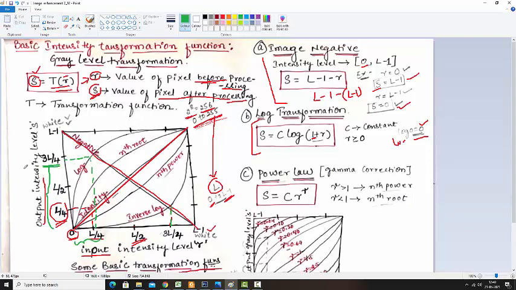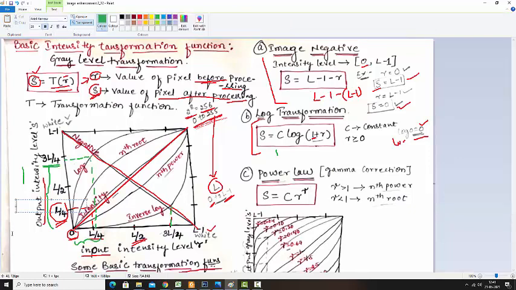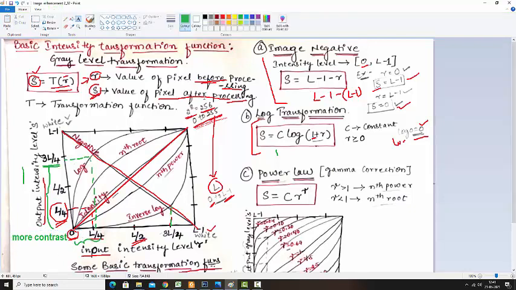For the first one, we are stretching the contrast. That means we are taking a picture which is in low contrast and making it more contrasting. Whatever contrast is present, we are making it more contrast at this moment. But if I mark this one in blue, at the negative, this one is an inverse log.